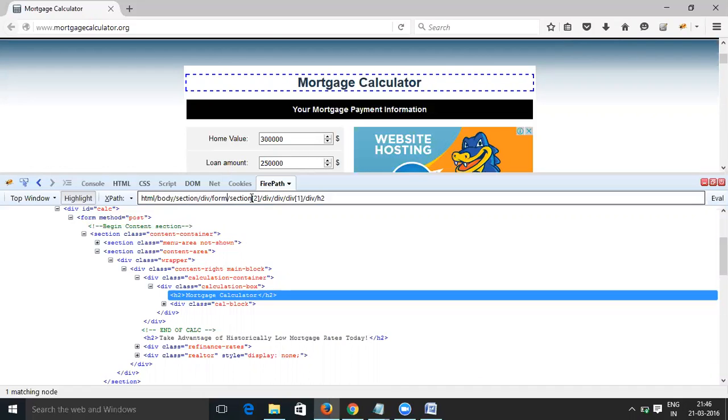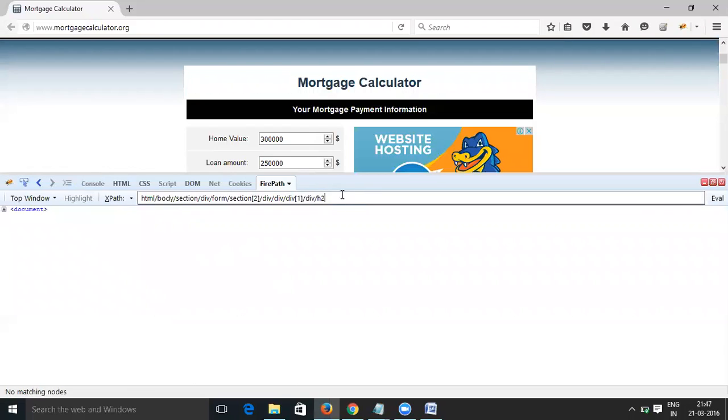If you take Amazon.com, every day it is modified with some new things. So when websites are modified on a regular basis, it is not recommended to go with the absolute XPath. If I remove one of the sections, you cannot identify the web element,